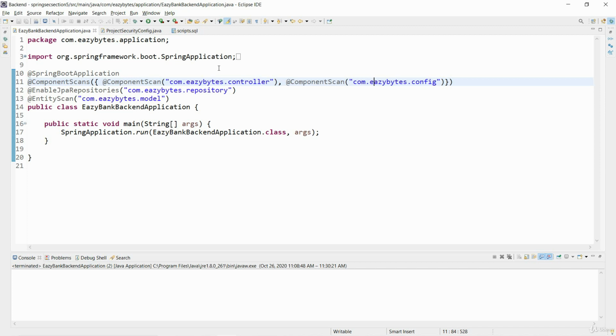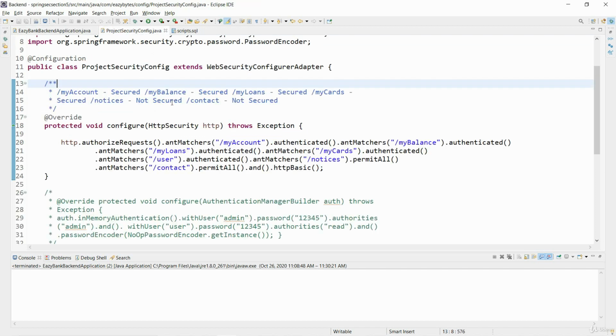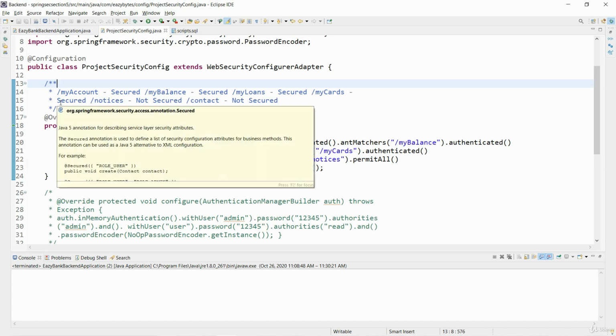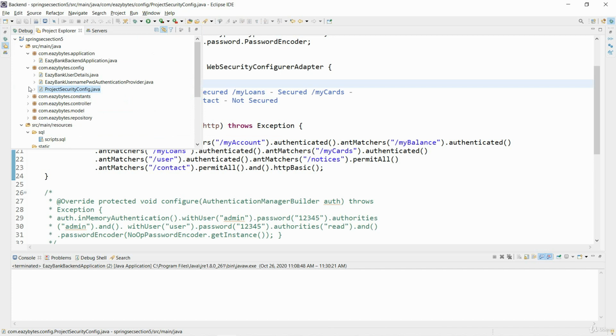In order to display the data on the UI, I have made a series of changes on the backend project as well. I will just give a high level introduction of the changes that I have done. There is no change inside the project security config, which is related to Spring Security configuration. The change is I have built controllers for each and every service that we have to build, like account, balance,